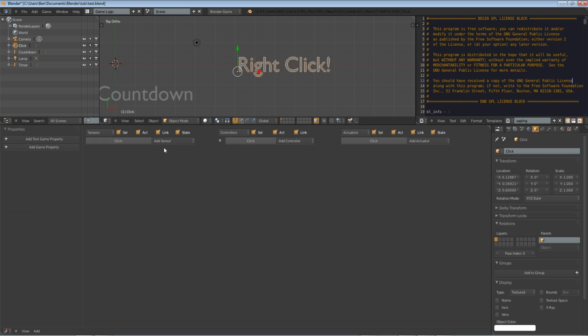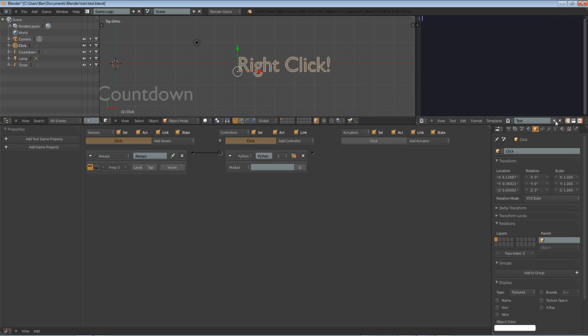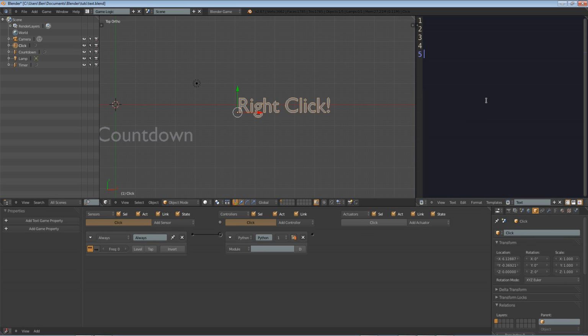Okay, so this one, we're gonna have it always with the true level frequency or triggering or whatever, always run a Python script, okay? And we're gonna have it run a module. So we're gonna add a new text block here, and we're gonna do some scripting. So let me just zoom in so you guys can see this. Okay, so we're gonna define a function, but first we gotta import the Blender game engine. So import bge, and we're gonna define a function. So def click